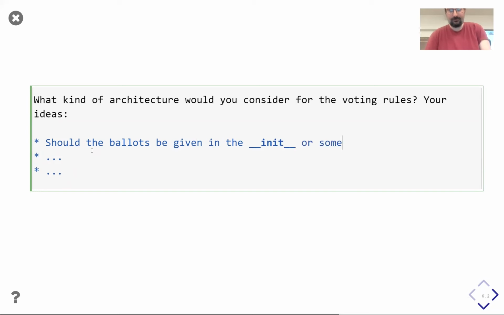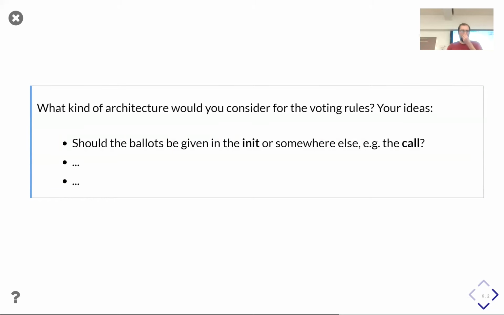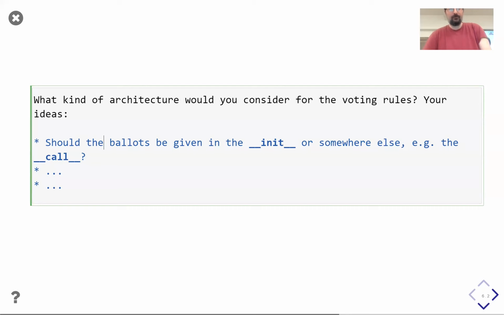So if you want to sweep it under the carpet of the SOLID principles, usually you use the init to hide the fact that your signatures can be different things. Okay, I see. But it's not clean to give data in the init. I kind of agree with Maxime, and I will write it, by the way. It is not morally acceptable in the init.